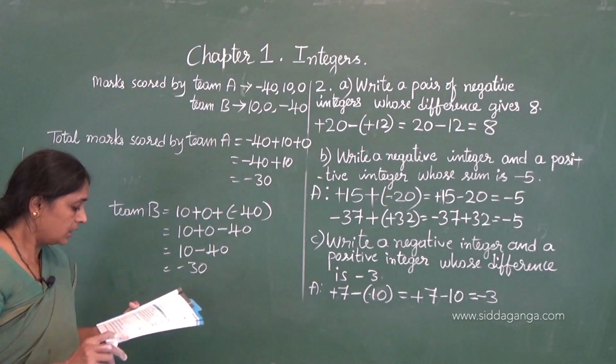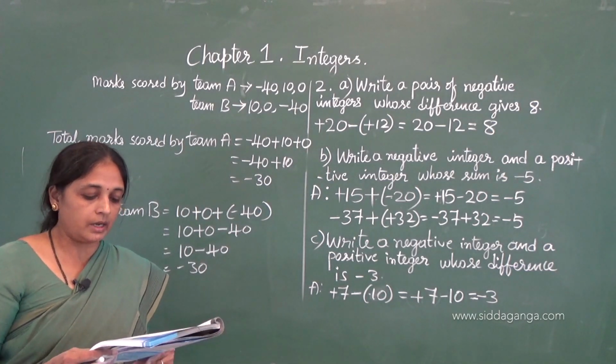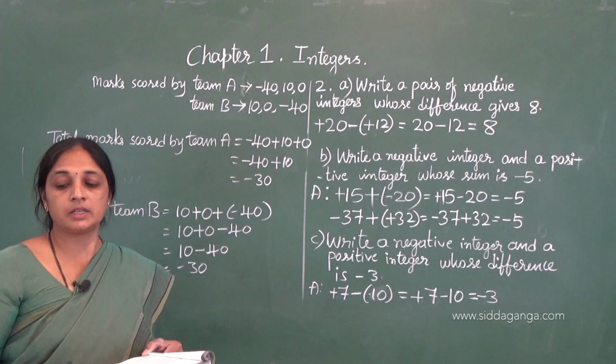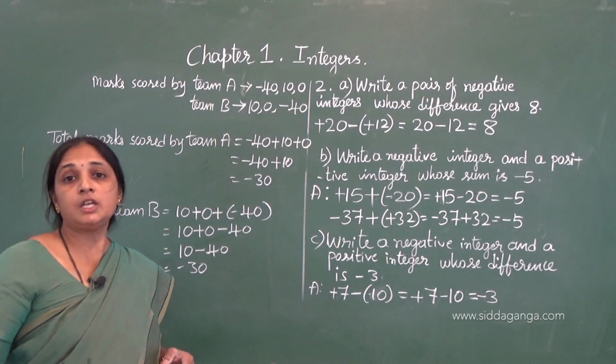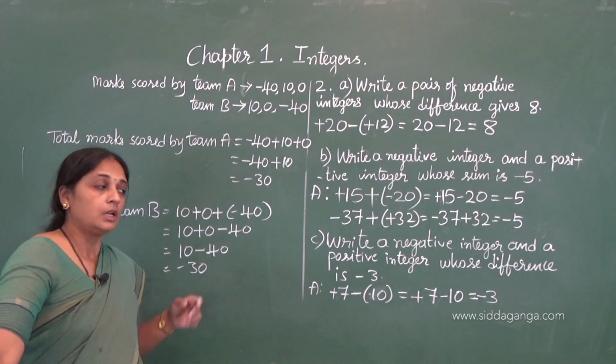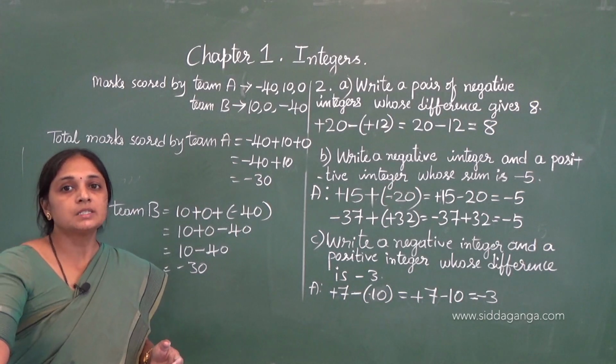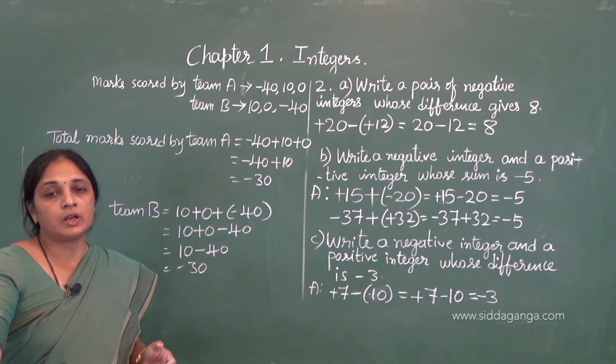30 only, and they are asking, can we say that we can add integers in any order? Yes, we can. It is only possible for addition. In any order we can add the integers, not in subtraction. Okay, so we already saw the